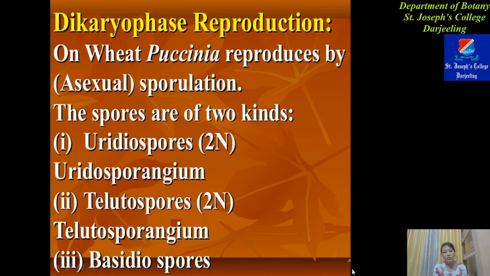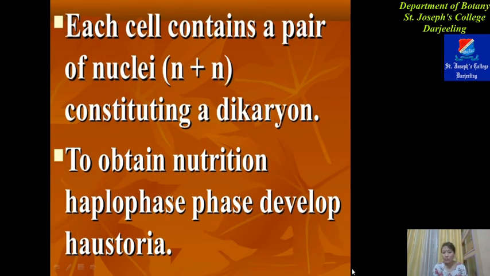The spores are urediospores, N plus N, produced in a specific structure known as uredosorus, and teliospores, N plus N, produced in specialized structures, and the third spore is the basidiospore, which is haploid, N type. Urediospores and teliospores are dikaryotic, but teliospores are two-celled dikaryotic cells, and they obtain their nourishment